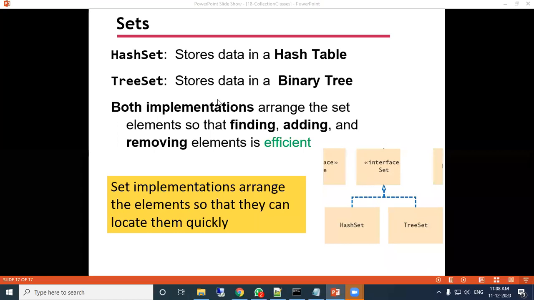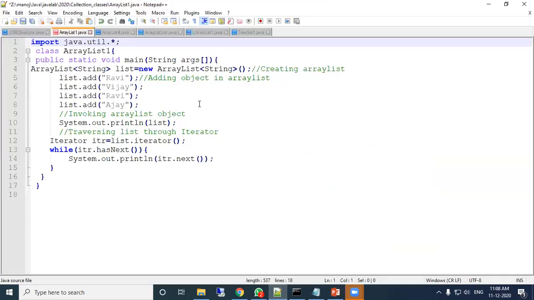So now let us see a program where we can use these things. Just see the program here. Class array list. Inside that main method, here ArrayList<String> list equal to new ArrayList<String>().